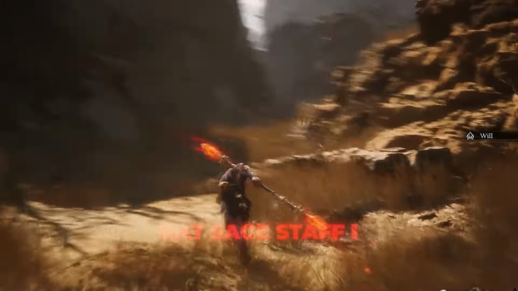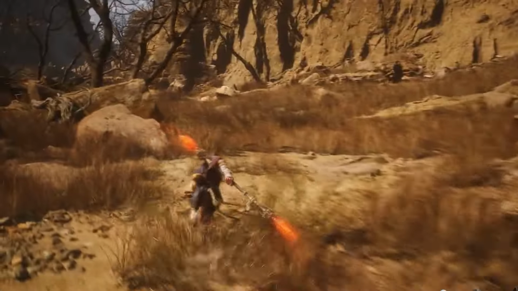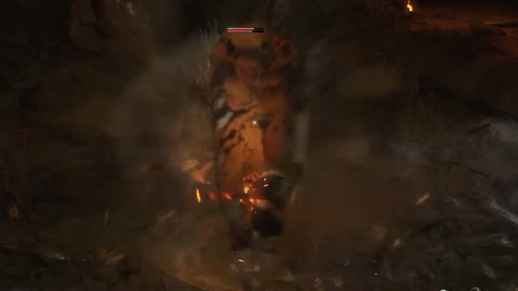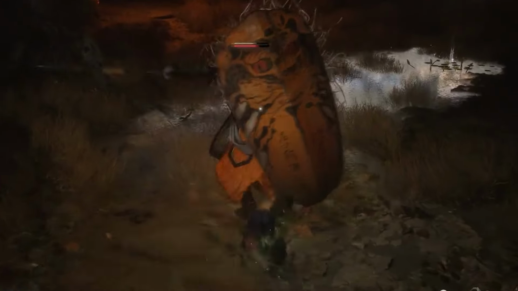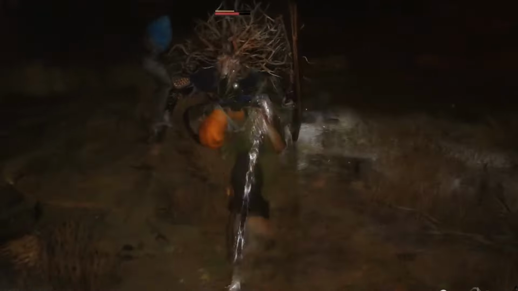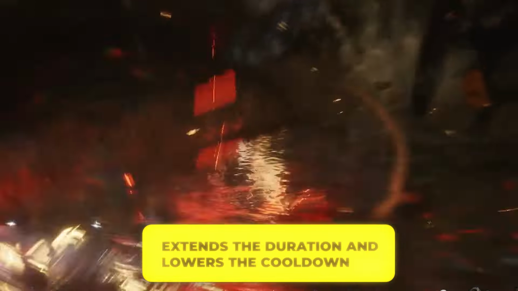The Rat State Staff is your weapon of choice, amplifying your light attack combos and allowing you to follow up quickly after a resolute strike. This weapon ensures that you can maintain your momentum, keeping your enemies on the defensive. The Immobilize skill plays a crucial role here, locking your enemies in place and increasing the damage they take. Fully investing in the Immobilize tree is non-negotiable, especially focusing on Evanescence, which extends the duration and lowers the cooldown